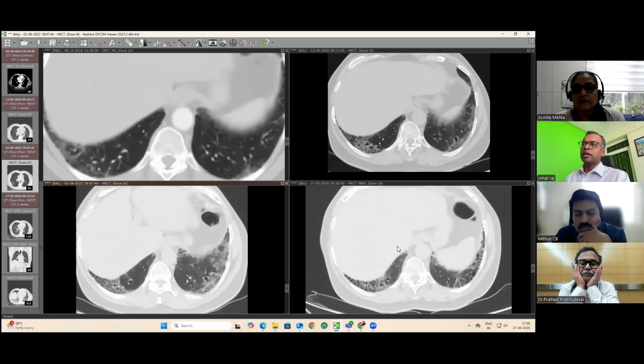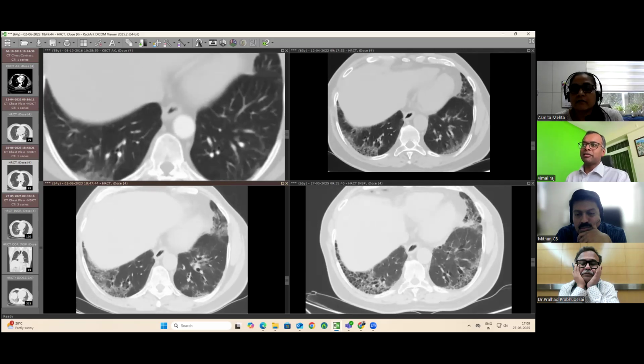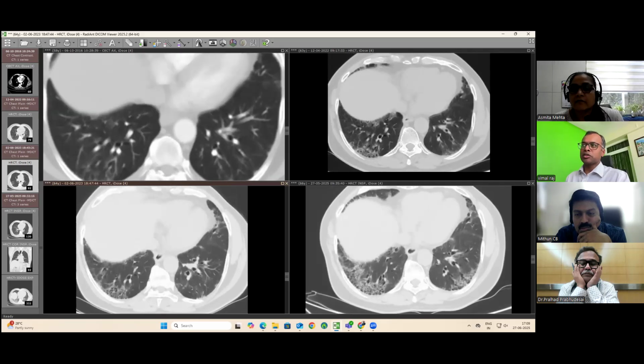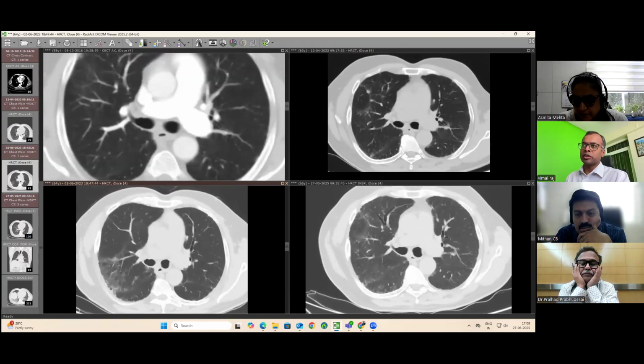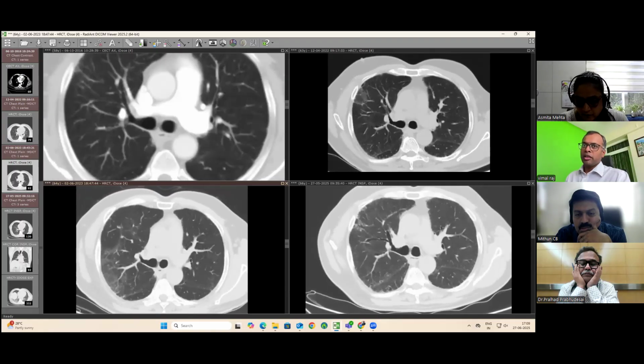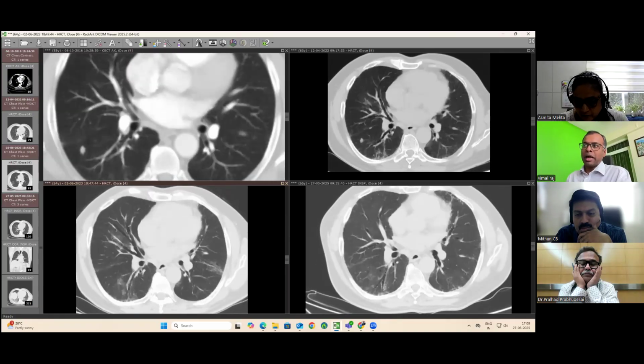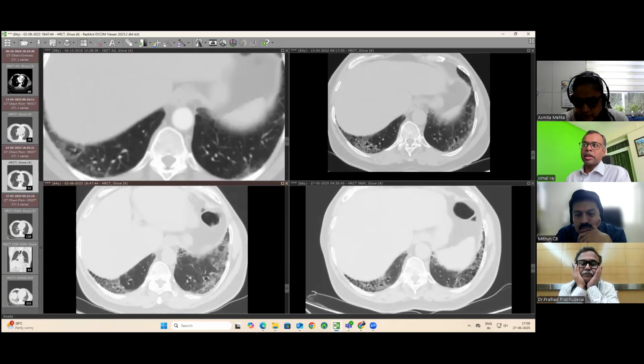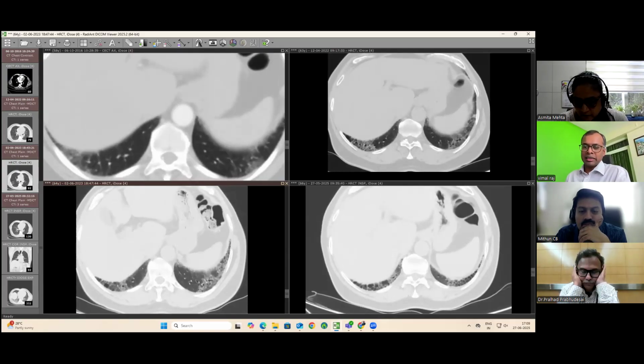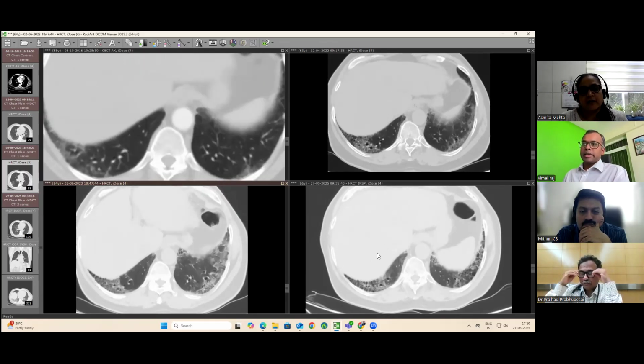And then there is active disease also. There are some components of pure ground glass and some components of fibrosis also. So this is fibrotic interstitial lung disease. The current pattern is that of a UIP pattern, but CTD-ILD is what one would think about here. And you feel that from 2023 to 2025 there is a significant progression, sir, right? There is, yes, that's correct.